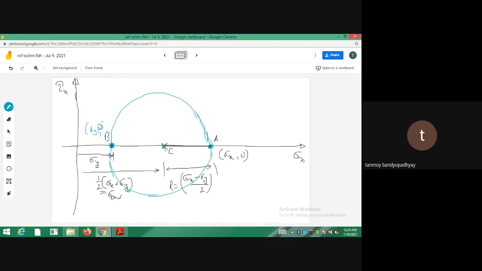You take a certain suitable scale, like if it is 30 megapascal, suppose you take 1 megapascal equal to say 1 centimeter. So 30 megapascals is 30 centimeters. So you plot a mark of a point at 30 centimeters. So you are getting 2 points A and B on the sigma n axis.